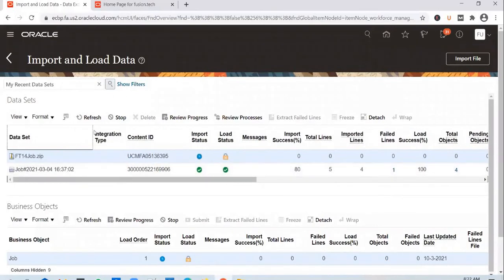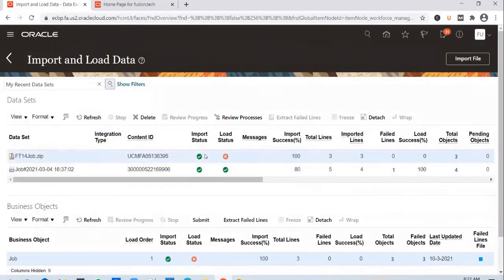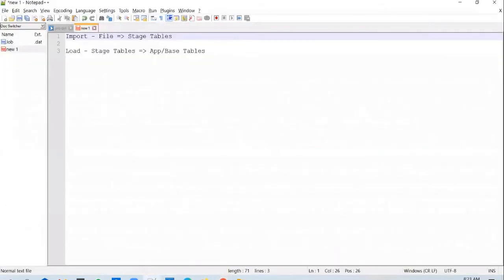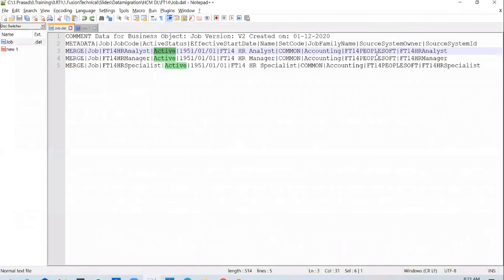Okay. And if you look at the summary, the import is running at the moment, and you see that import went through successfully, but the load has failed. And we know why the load has failed, right? Because I mentioned yesterday that the source system owner that you are passing in the HCM data loader file should be present in a seeded lookup.